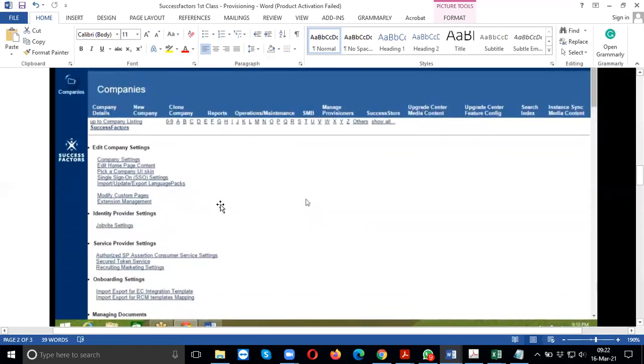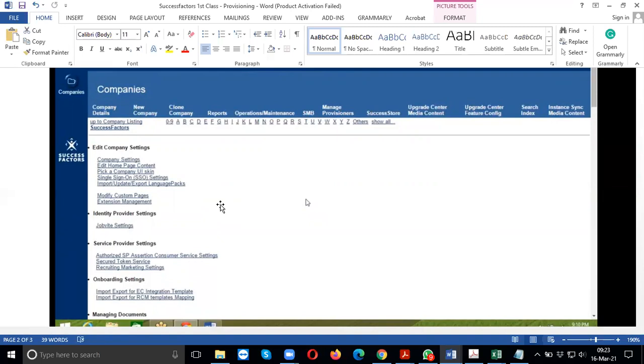These options you will not need to do it at all, but you need to remember what happens in interviews: why do we use provisioning access? You need to tell them that we use it for operations maintenance, or it can be for reports, or in case we need to upgrade our current SuccessFactors system, we need to purchase or procure any details or integration content from the SuccessFactors store, right? Or in case we need to upgrade any media content, so we will access provisioning for that. Or if we are activating the single sign on, or we are importing the data models, right?